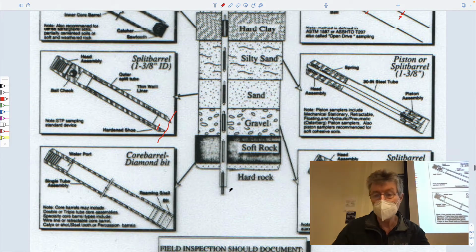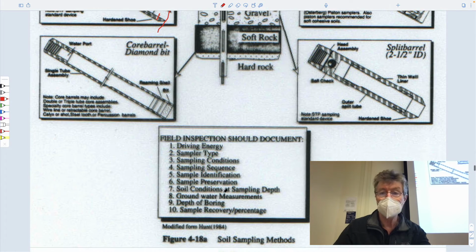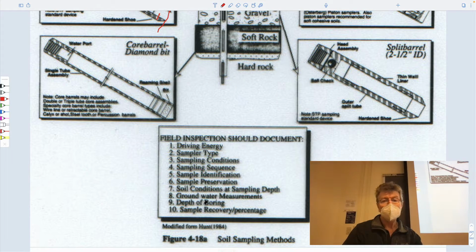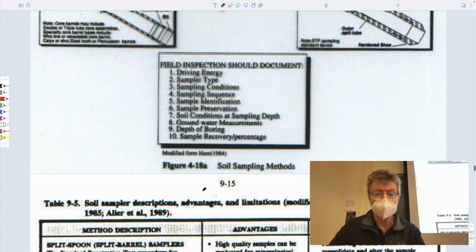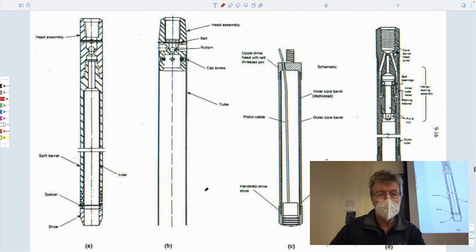And so this might not be an unusual thing to do as an entry-level person sent out on your first job. It certainly was for me. And we talked about core barrels, I guess, last time. And so I won't go through all the advantages and disadvantages in this, because we'll look at a bunch of pictures of these things as we go through, but these are the differences. So this would be a split spoon in this case. This is a shoe that goes on the front, which takes all the abrasion as you bang it into the ground. The sample goes up in here. This part of the tube unscrews from here,